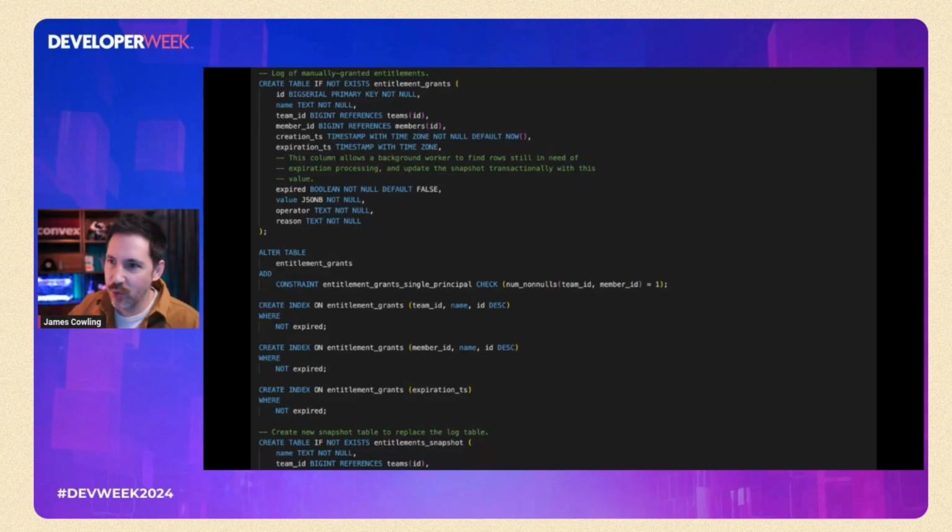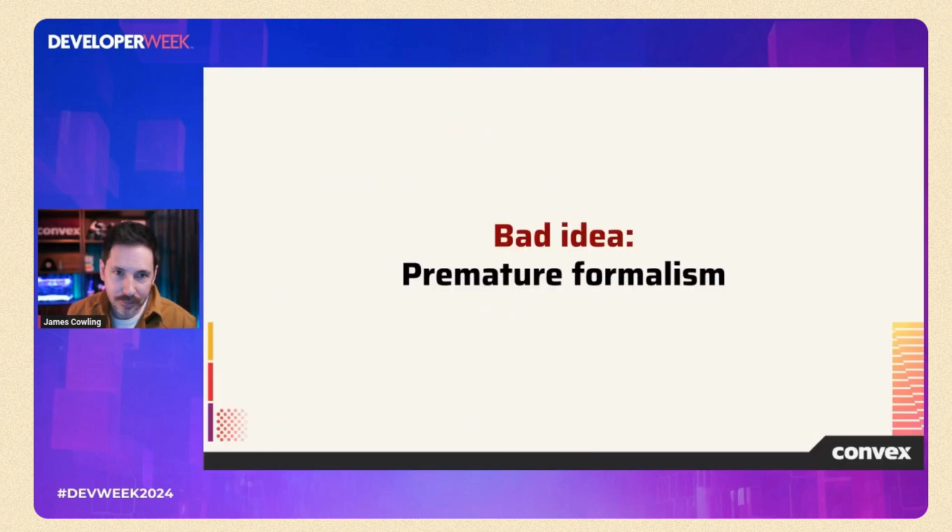This is a screenshot of some SQL schema definition here with all the complexity that it comes with. So this is a development velocity issue, and it's an important one, which I'll capture as a bad idea on its own. And that bad idea is premature formalism. Because none of this matters if you can't move fast and develop your application to begin with.